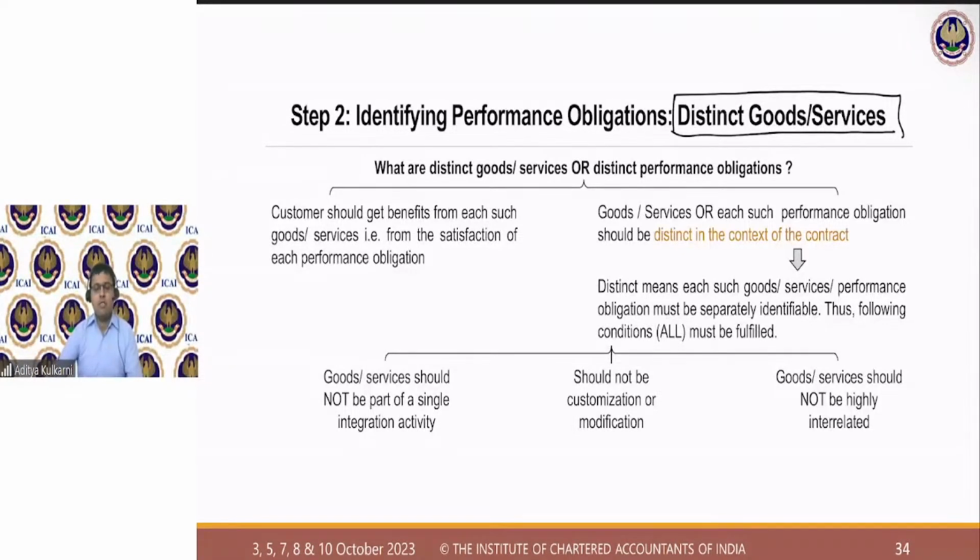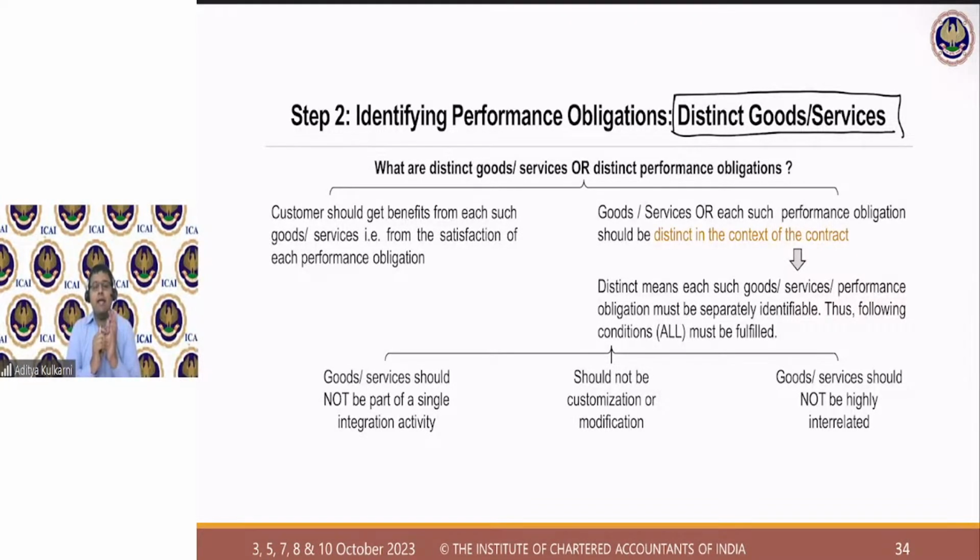As I do distinct goods and services, automatically step number 2, 50% of the discussion concludes with this understanding. Okay. So when I talk about distinct goods or services, what do we mean by that? Understand this very carefully. It's slightly tricky, not very difficult to understand, but if you do not understand this right now, you will have a problem in each and every question related to revenue recognition in exams and practically also.